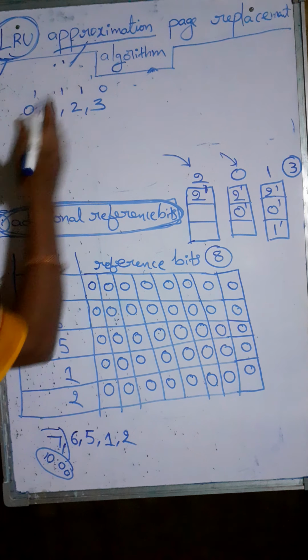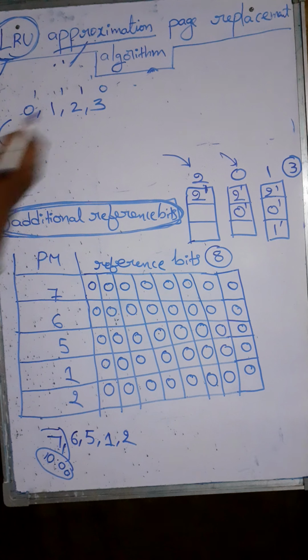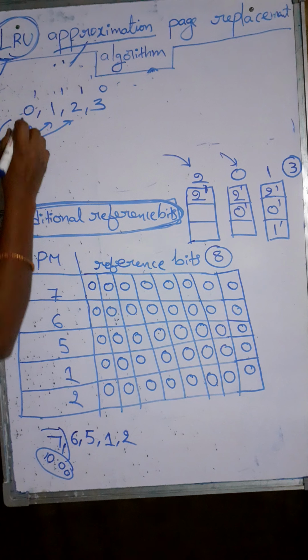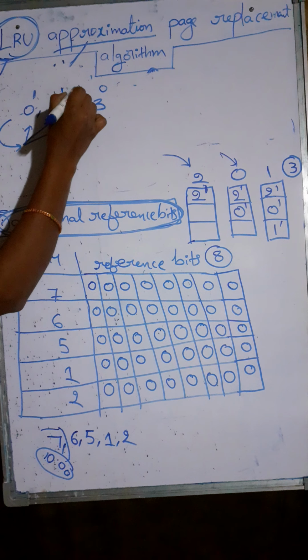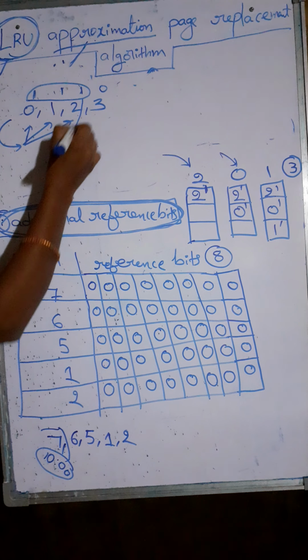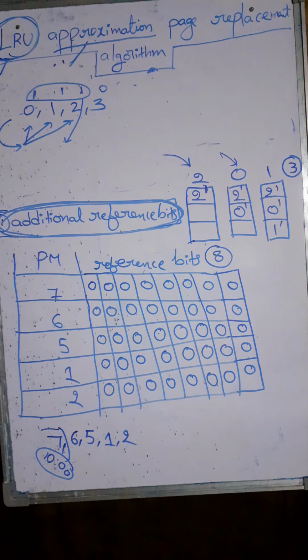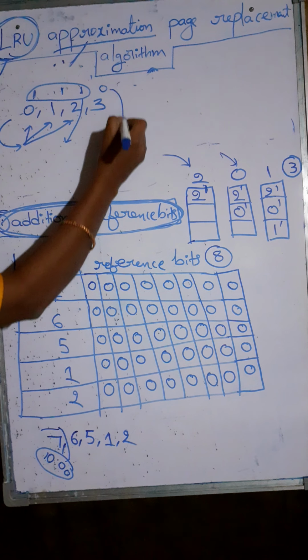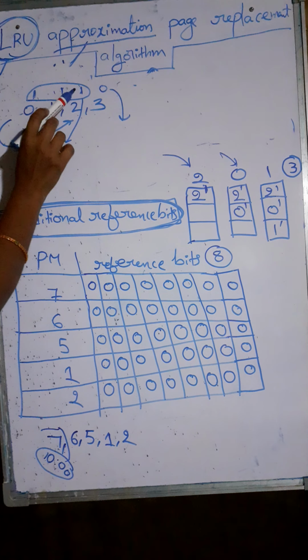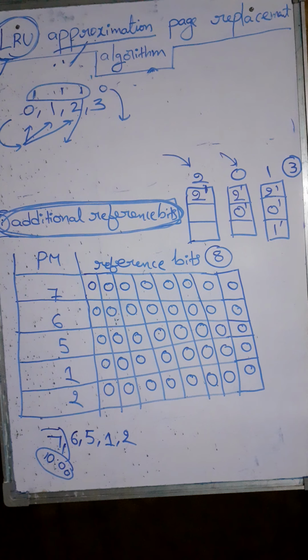If you examine the reference bits after some time, for 0, 1, 2 the reference bits are set to 1, right? So by examining the reference bits, we can say that these pages are used. And here if you observe 3, reference bit is set to 0. So we can say that this page has not been used. By examining the reference bits, you can say which pages have been used and which pages have not been used. This is about reference bit.